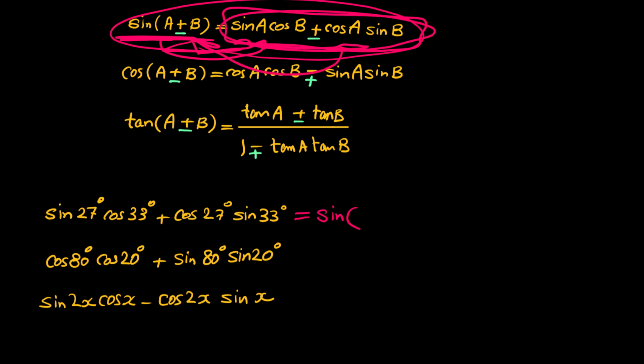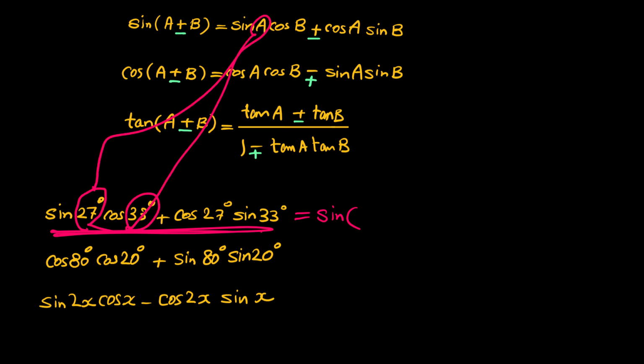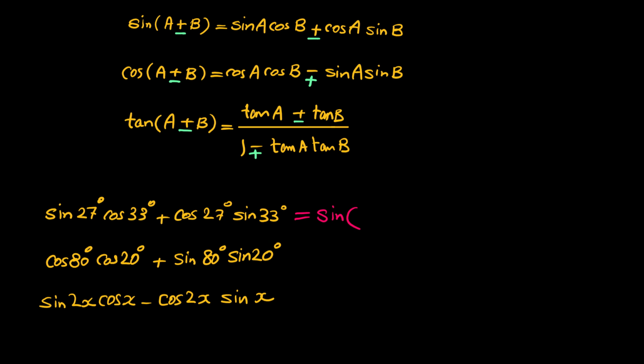We want to write this in this form. So by using the first identity, we can write this expression in the form of sine of A plus B. The A is 27, the B is 33. So sine 27 cosine 33 plus cosine 27 sine 33 is sine of